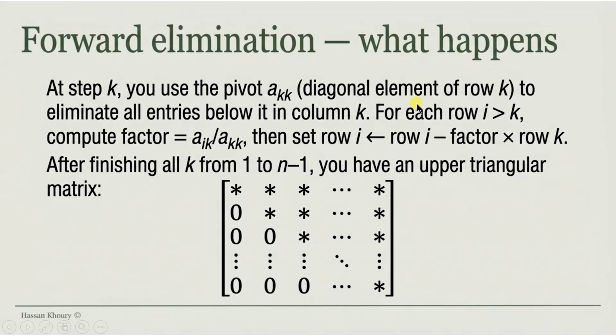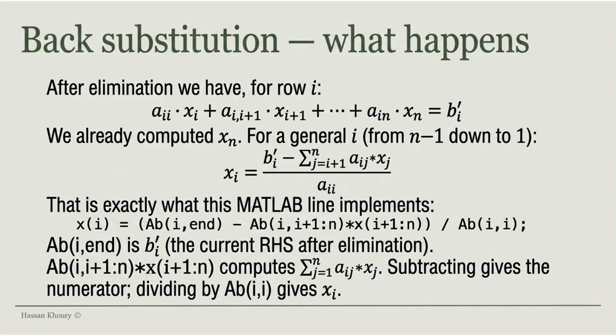made 0. And for each row I greater than K, we compute the factor a_ik divided by a_kk, and then set row I equal to row I minus factor times row K. And after finishing all K from 1 to n minus 1, you have an upper triangular matrix. That means this matrix. Okay, now coming back to the back substitution. What happens here after elimination, we have